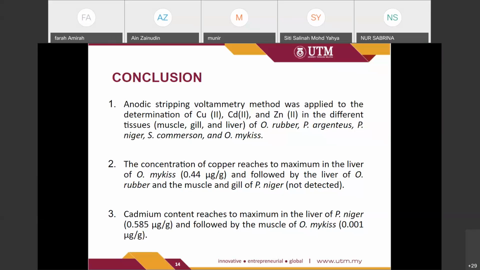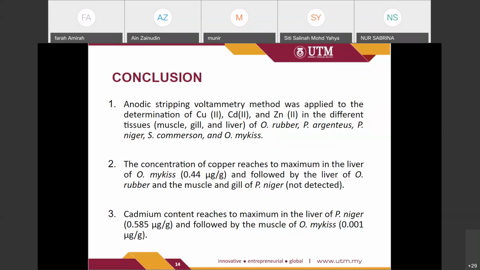Okay, for the conclusions, anodic stripping voltammetry method was applied to the determination of copper, cadmium, and zinc in the different tissues, muscle, gill, and liver of O. rubber, P. argenteus, P. niger, S. commerson, and Omyces. The concentration of copper reaches the maximum in the liver of Omyces, 0.44 microgram per gram, followed by the liver of O. rubber and the muscle and gill of P. niger,